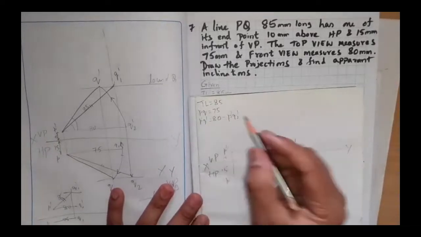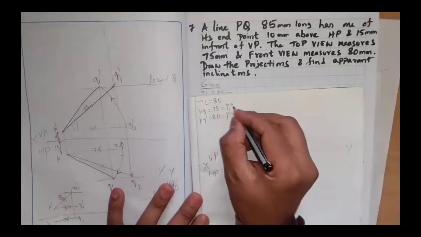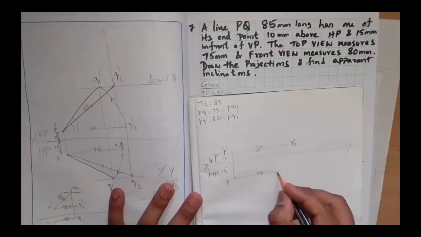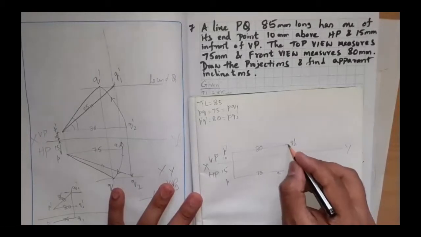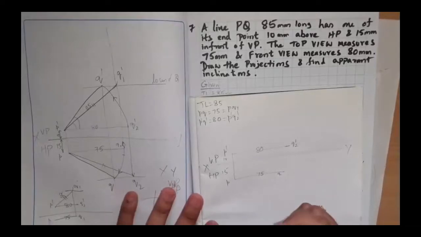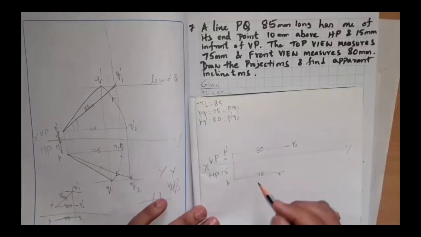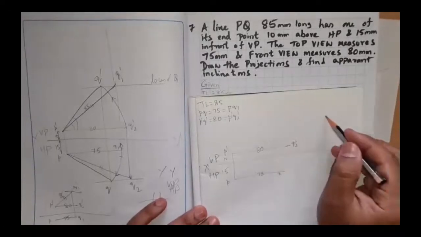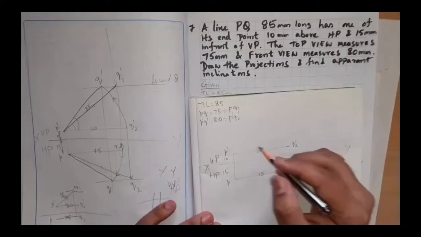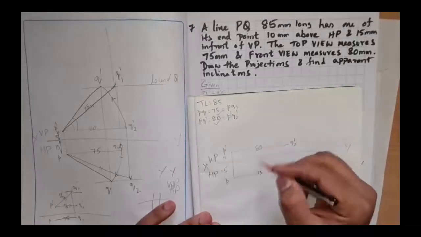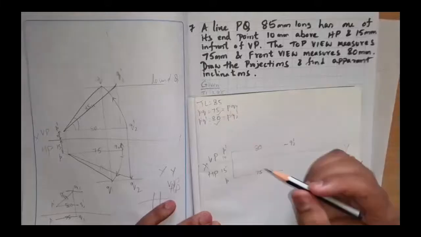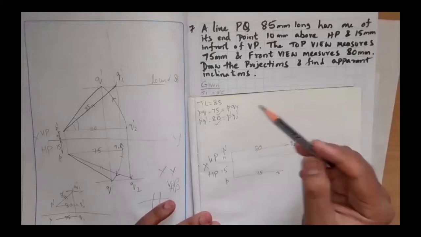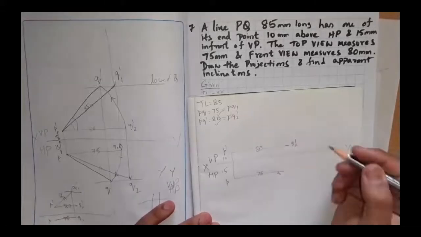Same, top view is 75 mm, that is PQ1. I'm going to mark 75 mm and mark Q1 somewhere here. This is 80 and this is 75. These are front view and top view, where Q locus is somewhere here. Here also, above HP, Q locus is somewhere here, which I don't know. So I have used 80 mm, I have used 75 mm, both I have used. I have not used true length 85 mm to represent something here as per the given data. All numbers in the data, I have to use first to know what is the next step.